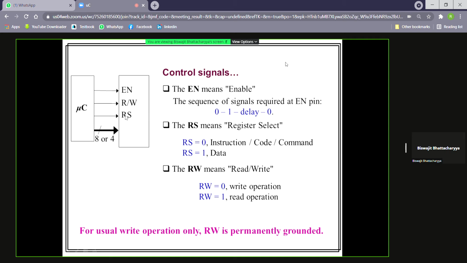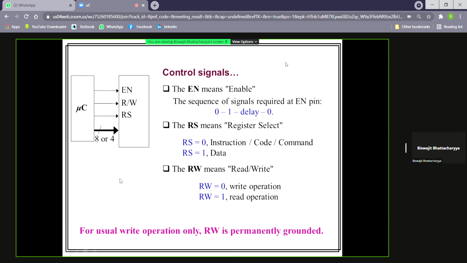So how does the LCD controller come to know that the information sent by the microcontroller will be an instruction or a data? It is known by the LCD controller from the RS pin. During the transmission of 4-bit or 8-bit information through the bus, when RS is 0, it means that information will be an instruction. If RS is 1, that information will be a data.